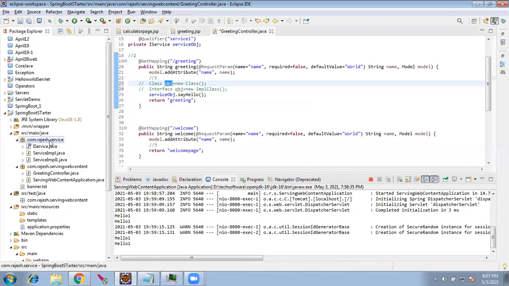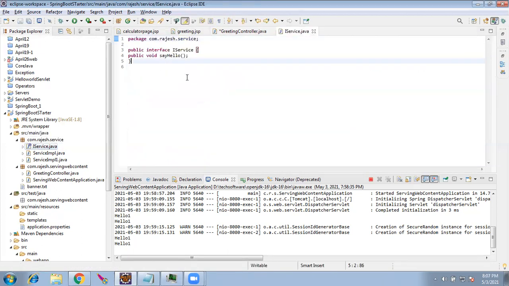So we have created a package src, service. Inside the service, I am creating one interface. Inside the interface, I'm declaring one method, the return type is integer, and calculation. That is what we did the other day in servlet and also in core Java.